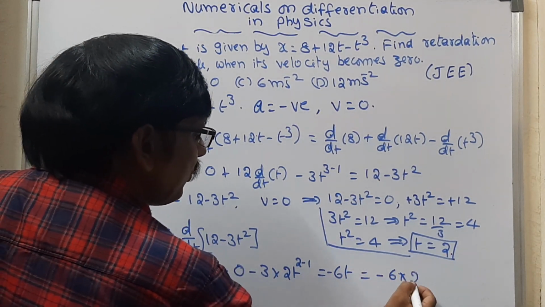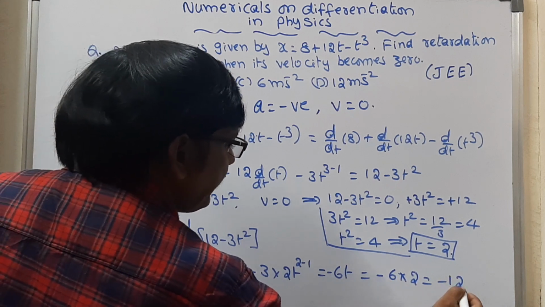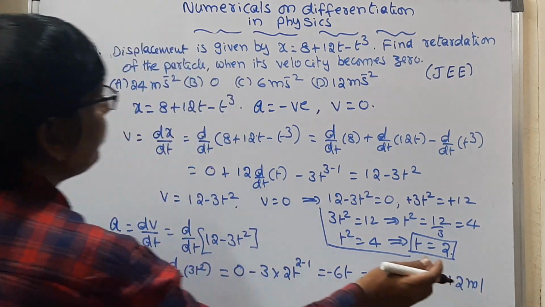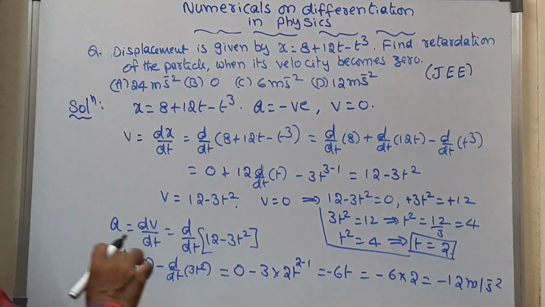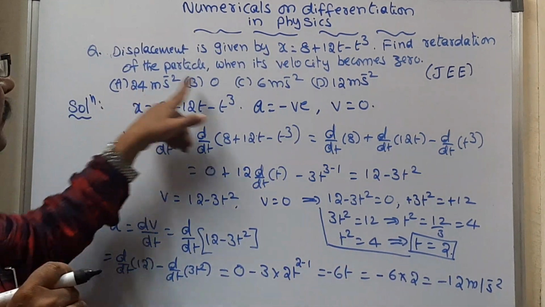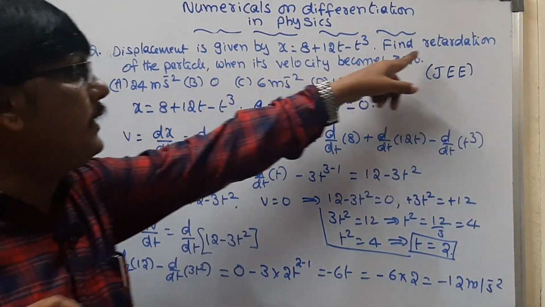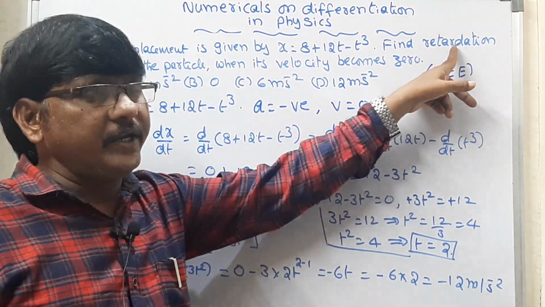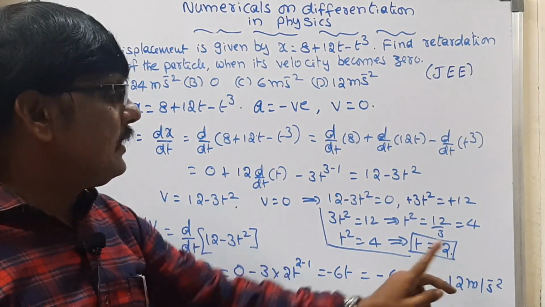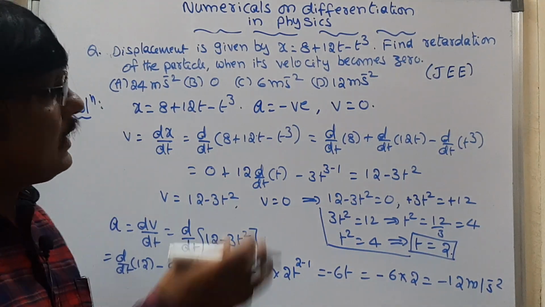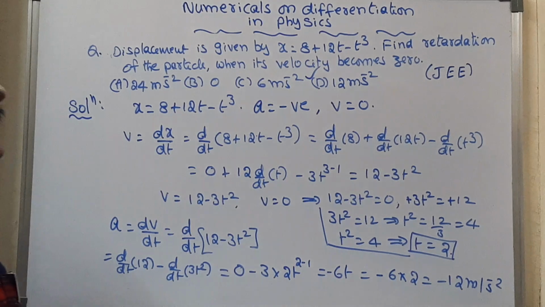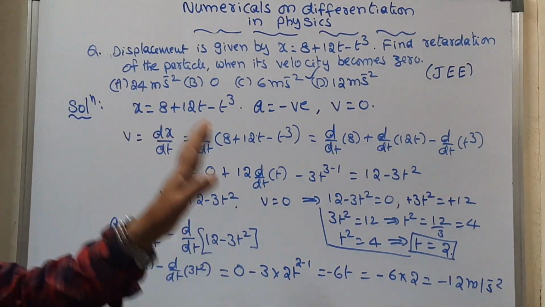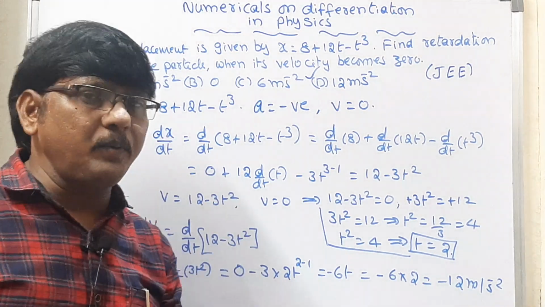And the t value we already have. Minus 6 into 2, ultimately how much will we get? Minus 12 meters per second square, and here we got a minus. Actually, in the options minus is not there, but it has already been said that it is retardation, so we can take a is equal to minus 12, and consider 12 as the option. And here if you observe, there is no need of getting any confusion by seeing the application,